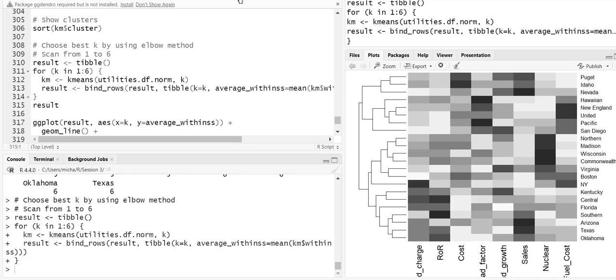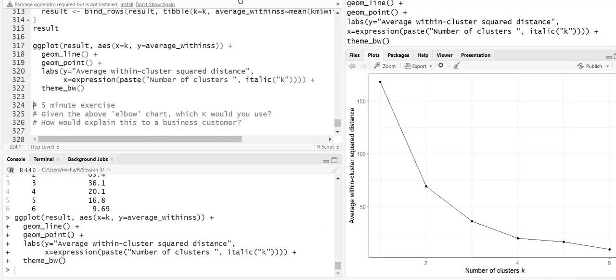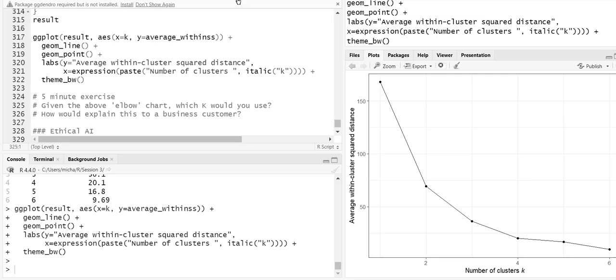Okay, and now we're going to create what's called an elbow plot. An elbow plot lets us choose the best number of clusters. Basically we go down here, and when it stops going down quickly, then we say, okay, that's the elbow. So here, probably 3 or 4 would be a good elbow. All right, so that's it for